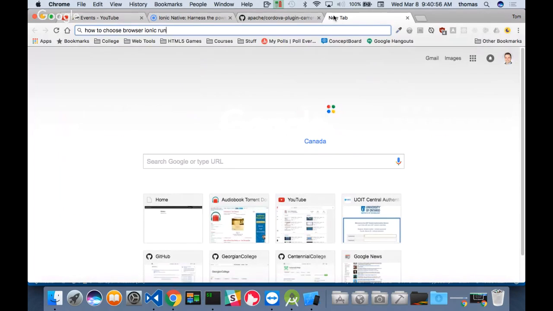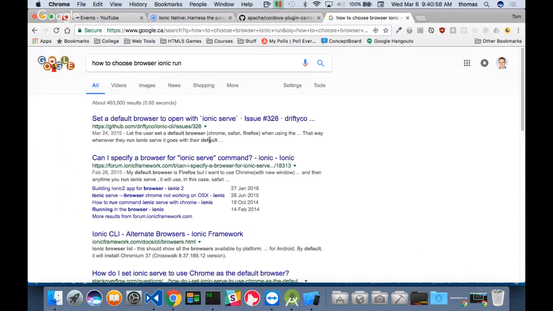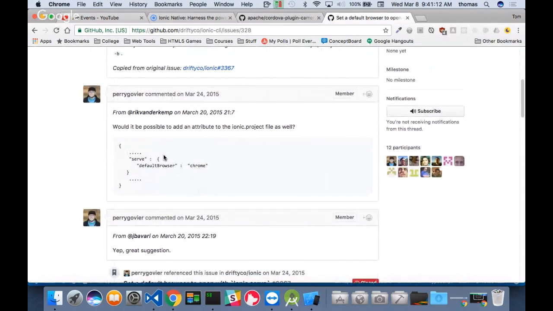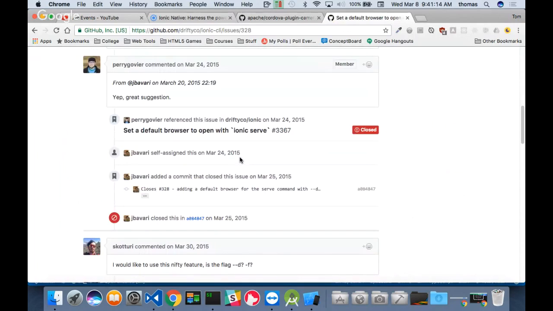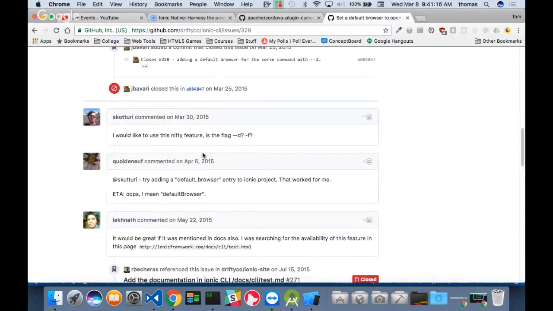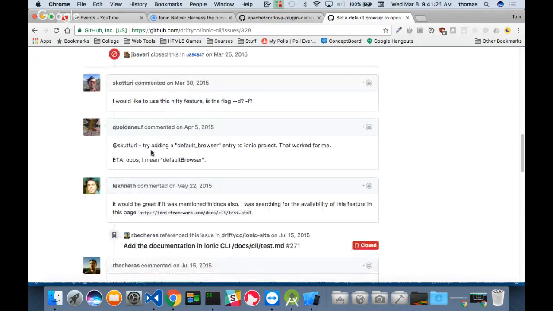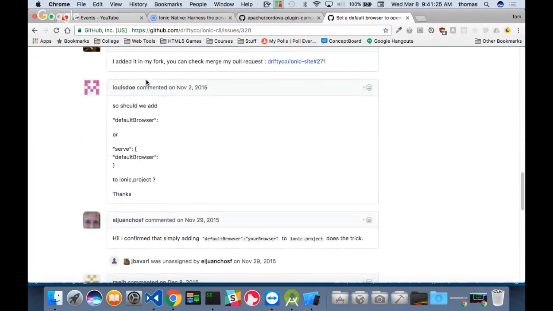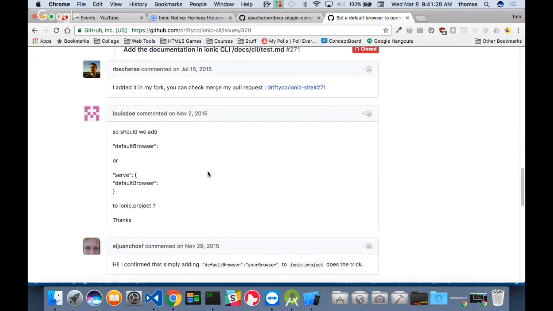Ionic run. Set default option. Okay. Ionic serve. And oh yeah, you're specifying it here, but I don't care about that. I want to specify a browser on the command line. Yeah, that's just native. The reason why I'm thinking about this, by the way, is because